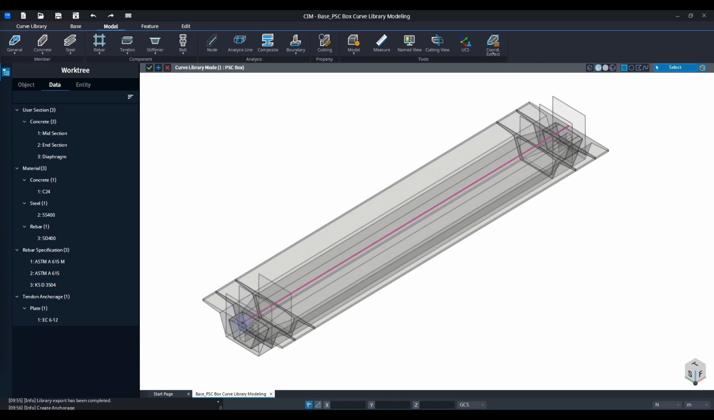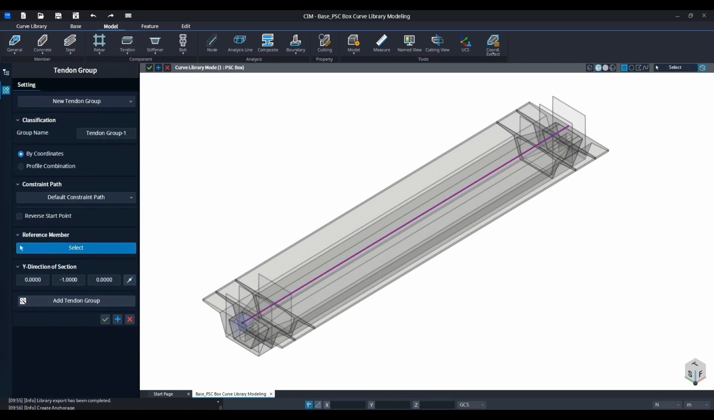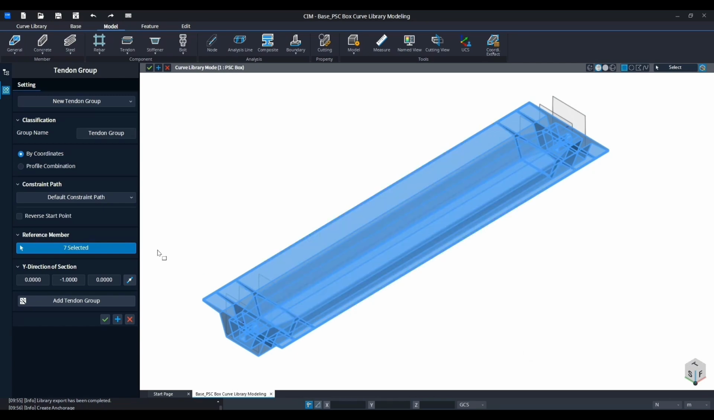So in this case, we would like to create the tendon. So just click on tendon and create, and just change the name to tendon group because we only have one tendon group, and click on default constraint path with the selecting of reference member. The reference member will be all of them. Okay, so just click here and then just select all of them,